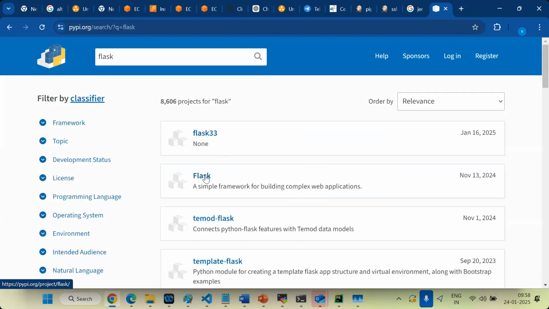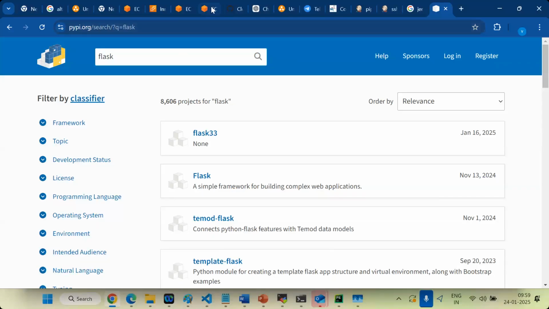See, the Flask package is taken from here only. When you run pip install Flask, the request goes from your server to the repository using pip. It will be downloaded into your server. Clear?